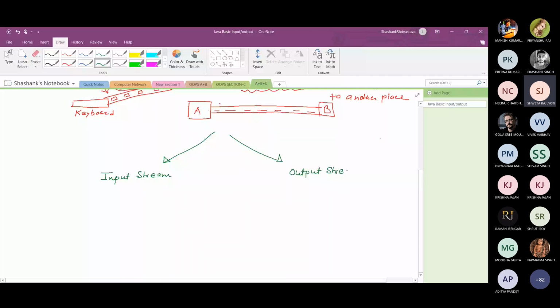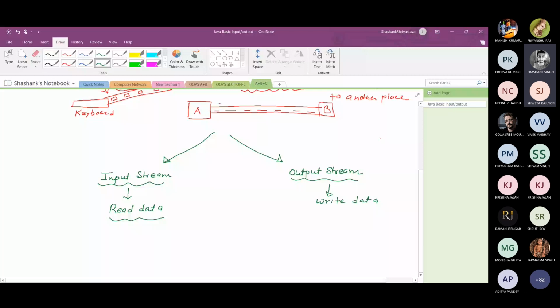Input stream, as the name suggests, is used to read the data, means take the input. Output stream means print the output or write the data. So input stream is used to read data, output stream is used to write data.